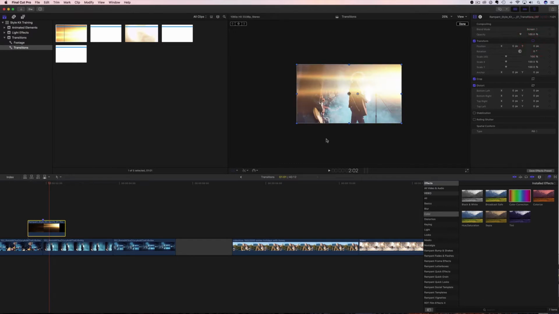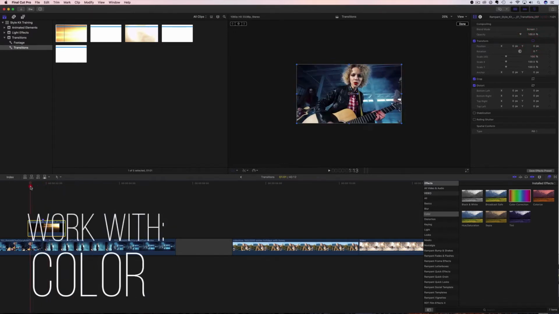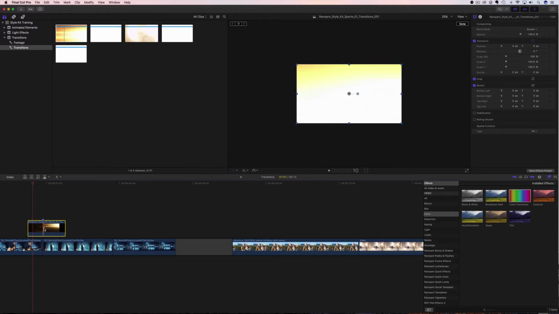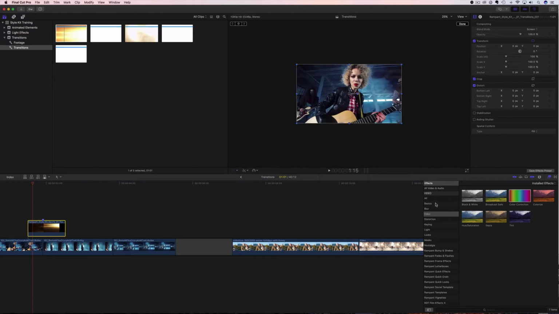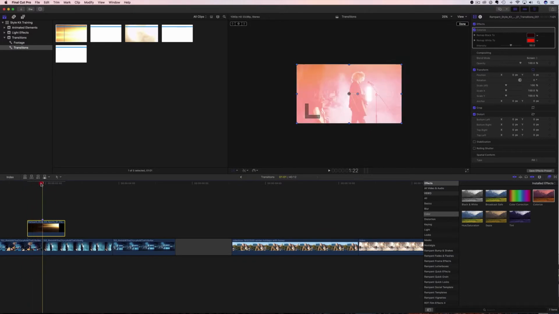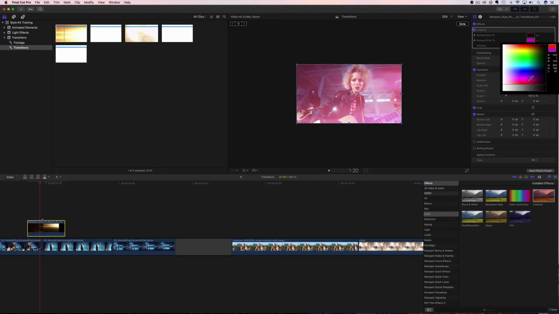And the other thing you can do here is change the color. All right, so we have this really nice gold flare, but maybe I want it to match this red in her shirt. Well, how do I do that? Well, what's really cool about this is because these are just movie files right here, we can use any of the effects built into Final Cut, and one of those effects is color. So all we have to do is pick colorize over here, drag it onto our footage, and you will see automatically it's changed to this orange color. And like I said, maybe I want it to be a little bit more red. So come over here and let's change it to a little bit red. And then if we rewind that,